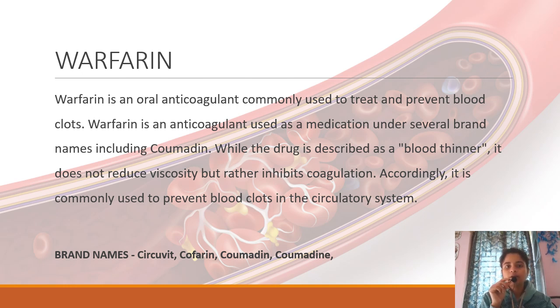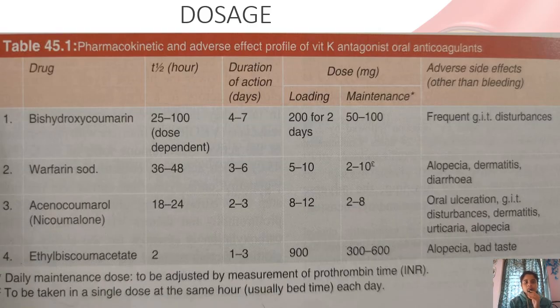So it is an anticoagulant agent which is used to prevent blood clots, and it comes under the brand name of Coumadin. It is a blood thinner, as you can say in layman's terms, and it inhibits coagulation. It prevents blood clots in the circulatory system. It comes in various brand names; Coumadin is the popular brand name. Then these are the coumarin derivatives like bishydroxycoumarin, warfarin,